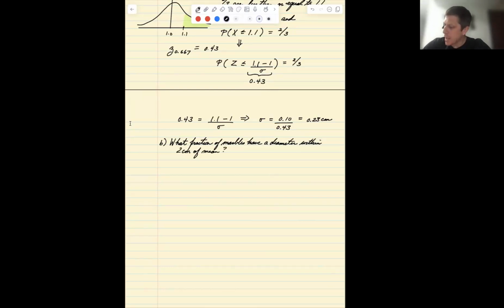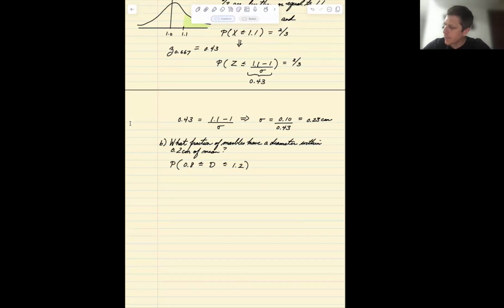Okay, so the diameter now has to be within, oh, I'm sorry, 0.2 centimeters. Has to be between 0.8 and 1.2. Okay, so